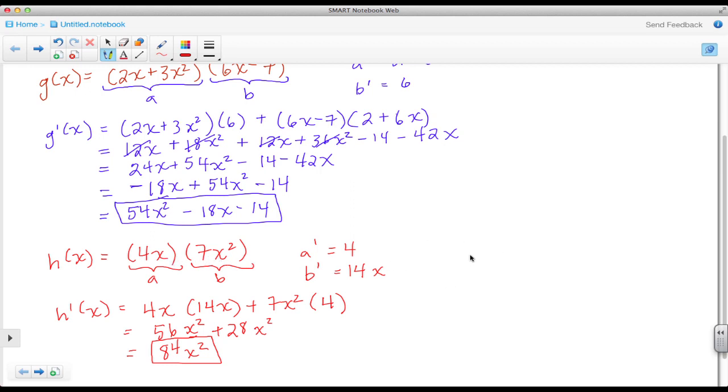So that really would have come out to be 7 times 4 to give me 28. And then x times x squared gives me x to the third. And let's just call this j of x. Well, I could have used the power rule here. So the 3 comes out front, multiply that by the 28, and I have to decrement the x, so that's actually x squared. Well, 3 times 28 is in fact 84x squared. So this here, using the power rule, you see I came out to the same answer by using the product rule. All right, let's do a couple more examples.